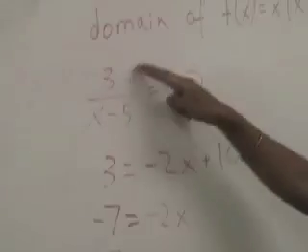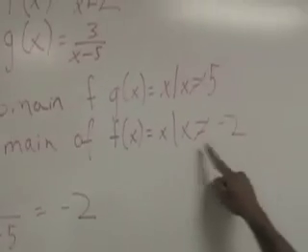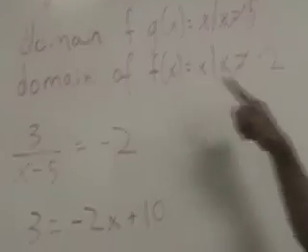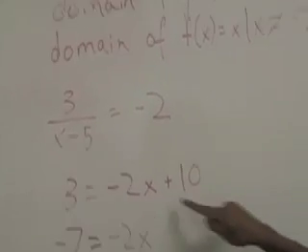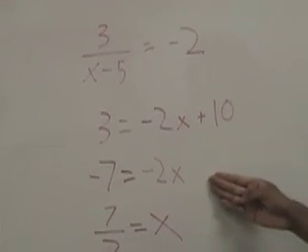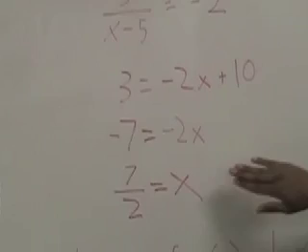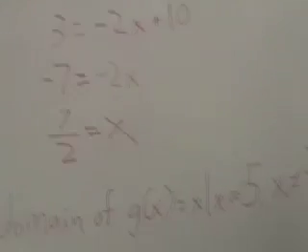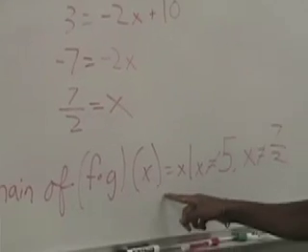So we have the equation 3 over x minus 5, which is g of x, equal to minus 2, which is what x cannot equal in the domain of f of x. Doing so, we have 3 equals minus 2x plus 10 to get rid of the x minus 5 in the denominator. We then move the 10 to the other side, divide by minus 2, and we have x equals 7 over 2. Thus we see the domain of f composed of g of x equals